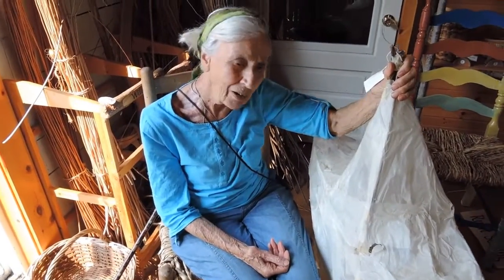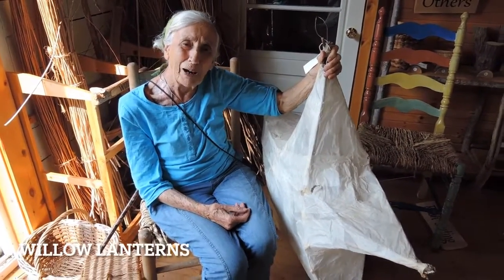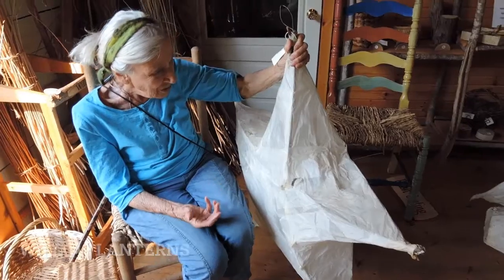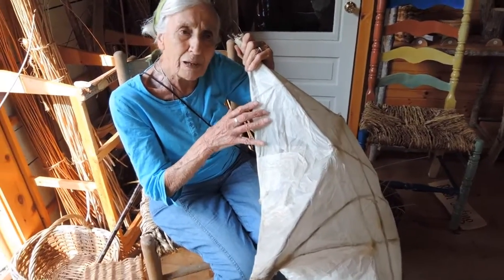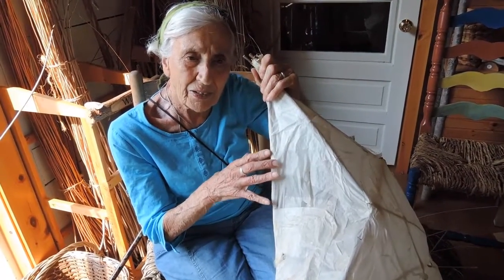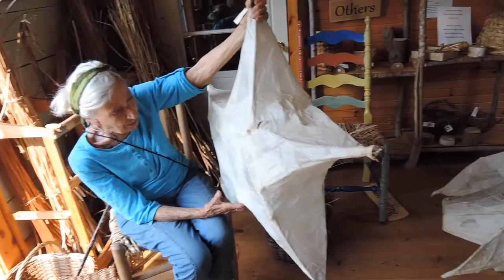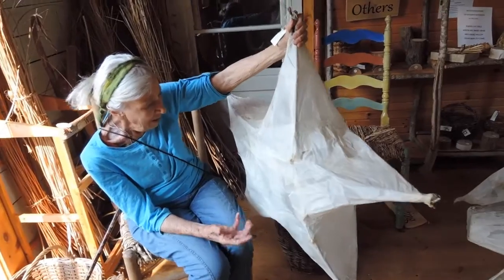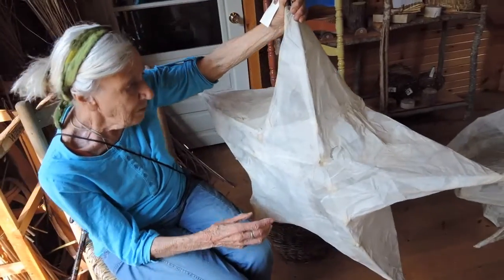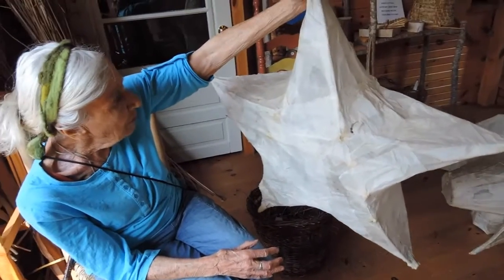Now I thought it would be fun to see a more contemporary use of willow, and this is something I don't think any traditional willow basket makers would have made, because for this we need the lovely waterproof transparent tissue paper, and I don't think they ever would have had that in the old days. I don't think they could have made willow lanterns unless they could have found something. Maybe they found a string. I don't think so. Anyway, this is made very simply with willow, and then it's covered with this wonderful transparent